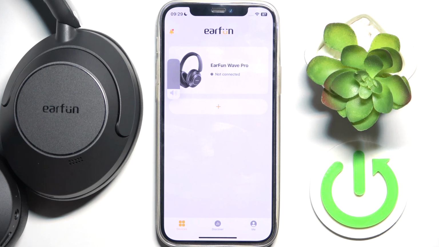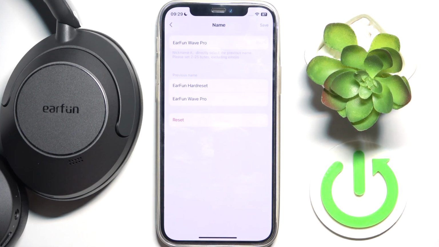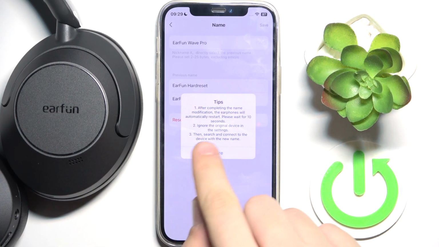And if you want to delete some nickname, you just have to tap on name and reset. Then sure,